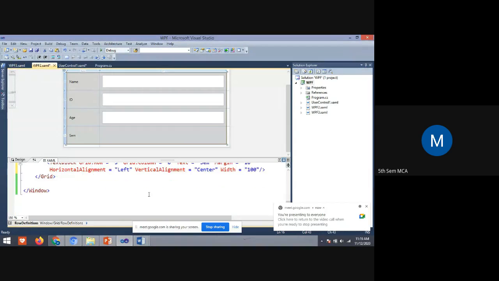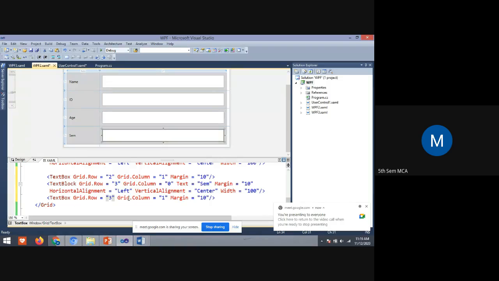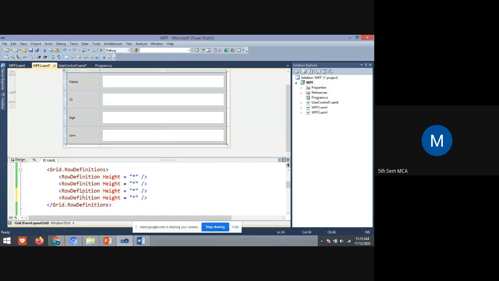Students, observe the screen so that you understand the changes, how the code is changing. Next, if you want to include address, include one more row.